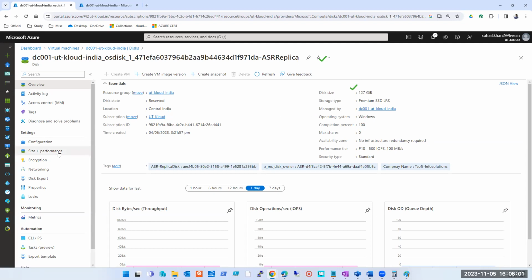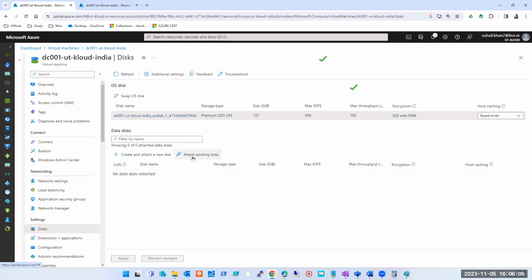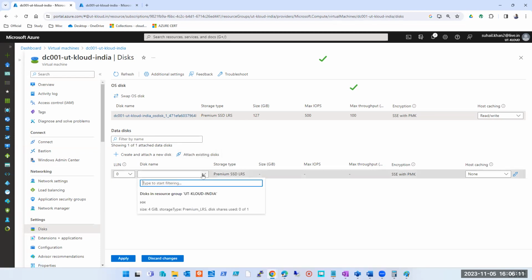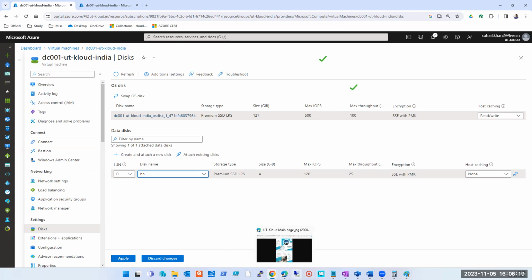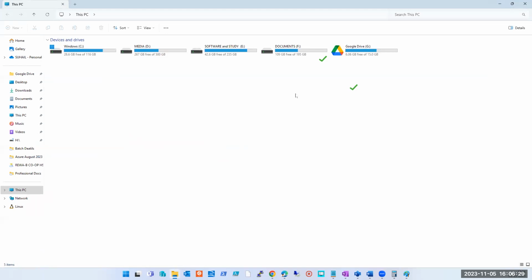But then what will I do? I will go to my machine. I will create a machine with a different operating system disk, and I will attach an existing disk as a data disk. Here I will take your disk which I have copied, attach the operating system disk as a data disk, and then log into my machine. There I will see your disk simply as a data disk. This can be done very easily. This is how we recover the data also.